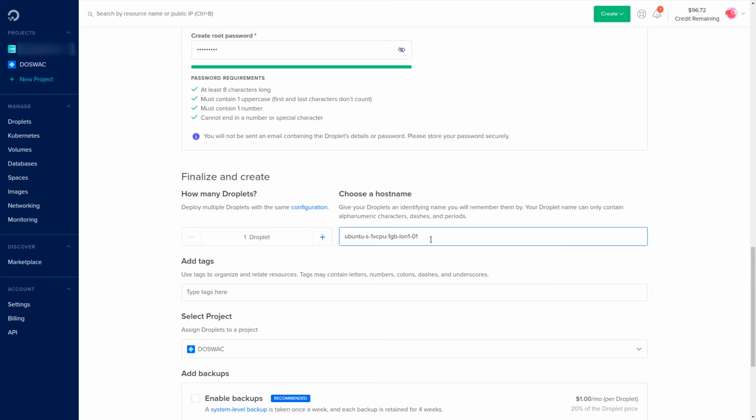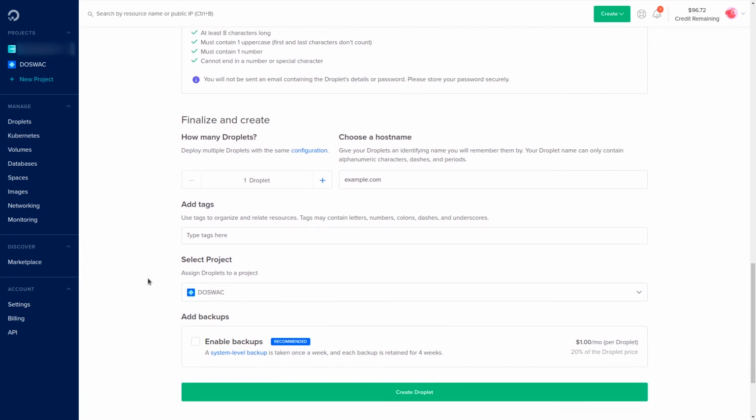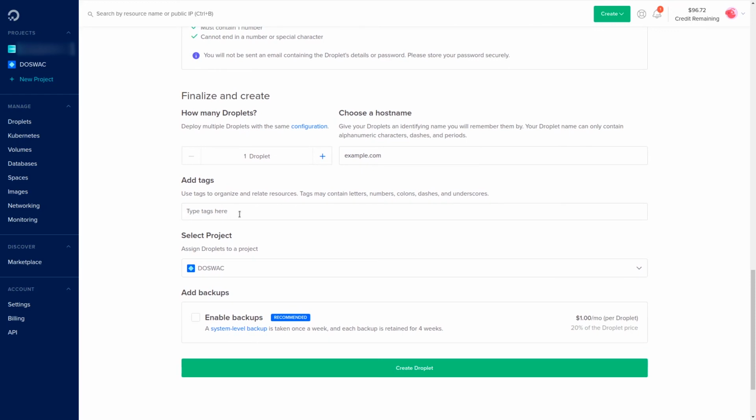But I recommend naming it with your host or domain name, which is recommended and also required for most applications. You can also add tags to organize and relate your resources.